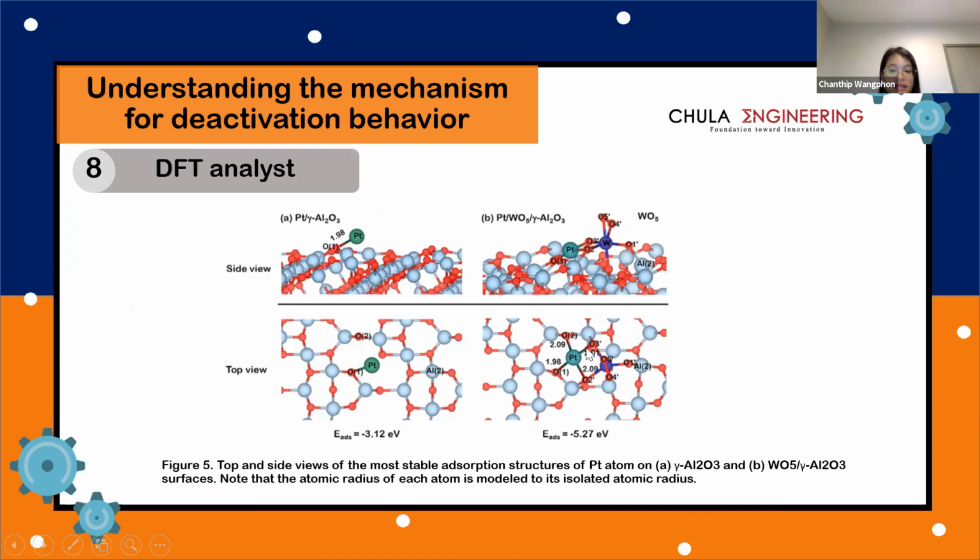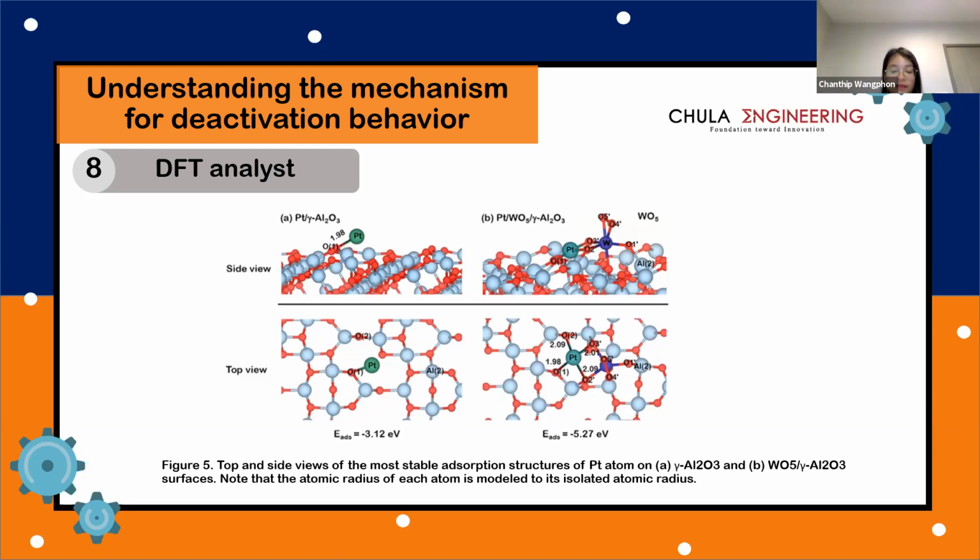higher adsorption energy, indicating a strong interaction between platinum and the support when we compare with the catalyst without tungsten. And 2 minutes left. For these reasons, we can conclude that the effect of tungsten leaching may affect the accumulation of the